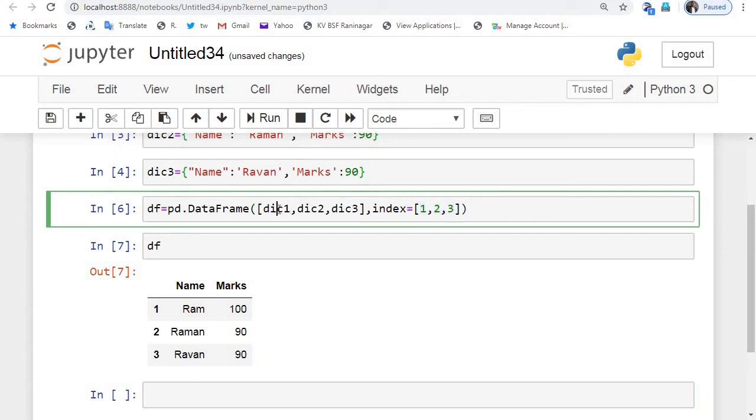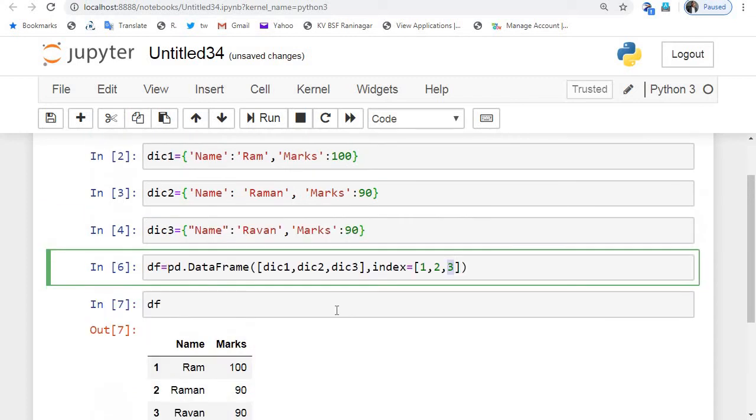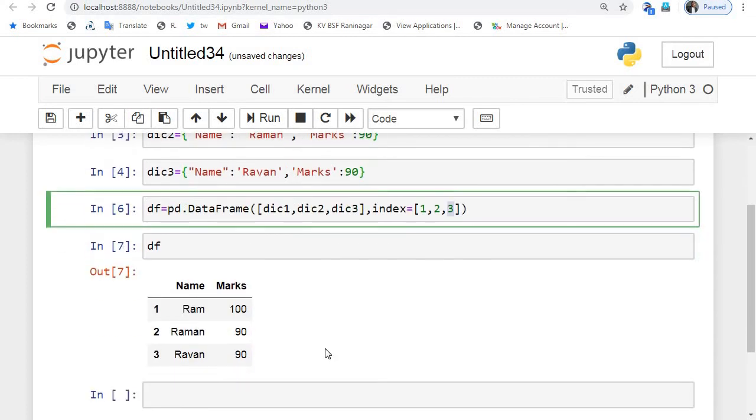The dict1 values will go in the first row corresponding to index 1, and dict2 values will go in the second row corresponding to index 2, same as dict3 values will go in the third row corresponding to index 3. So this way you have created a data frame using a list of dictionaries.